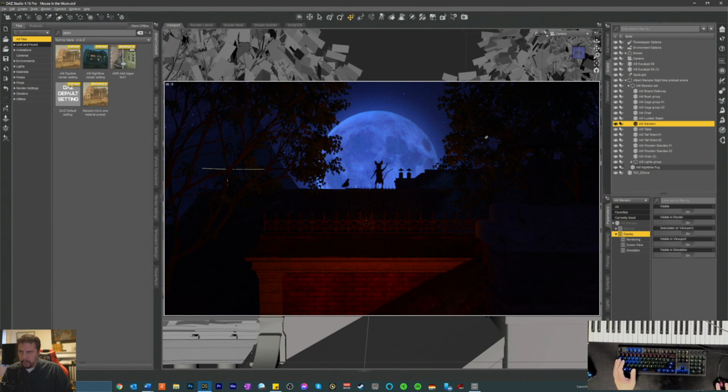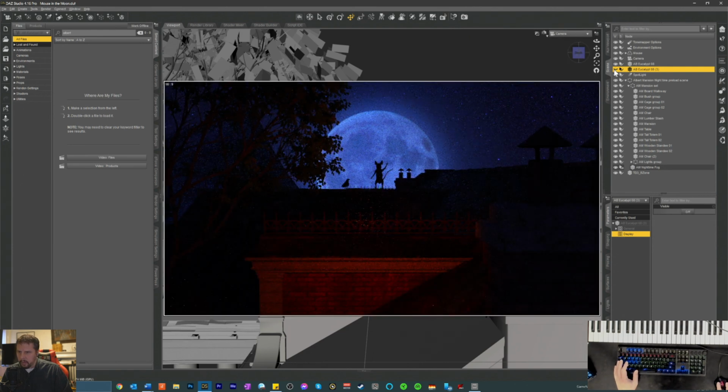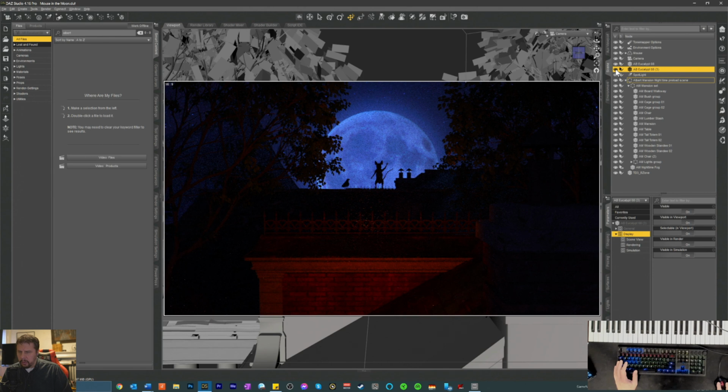Wonder what would happen if I took this tree out here. Back to here. Just turn it off for a moment and see what happens. No. I think it's just, okay, save this. And now